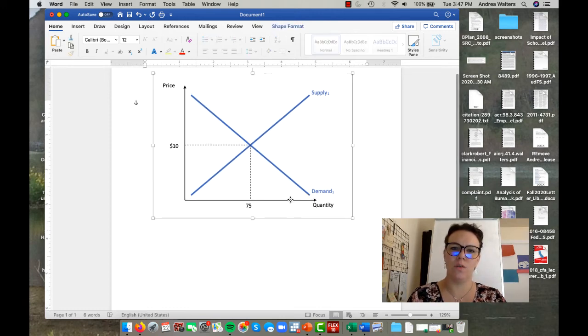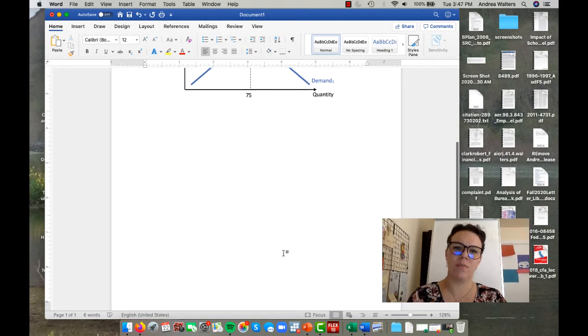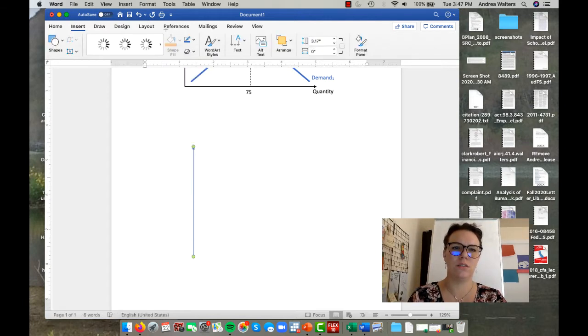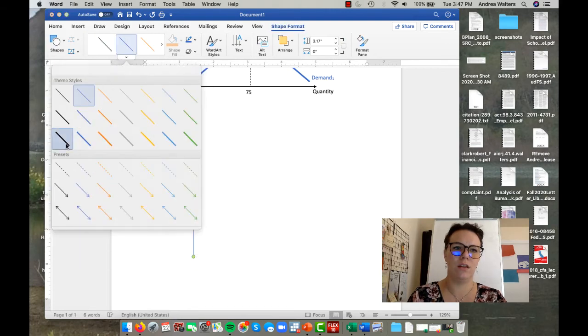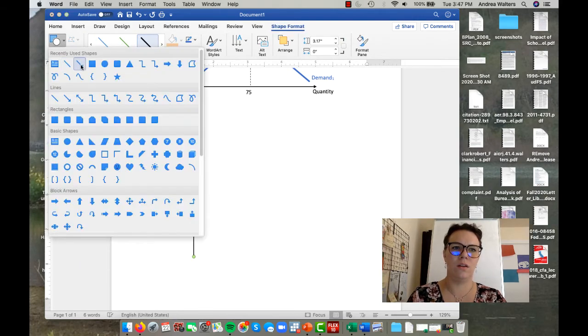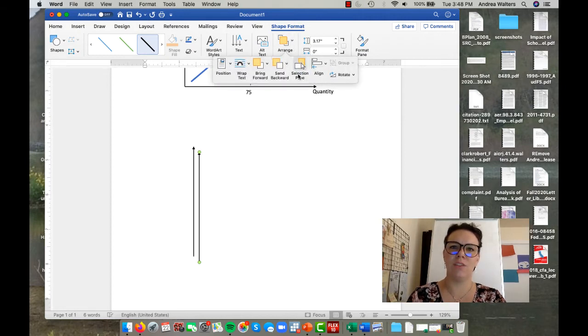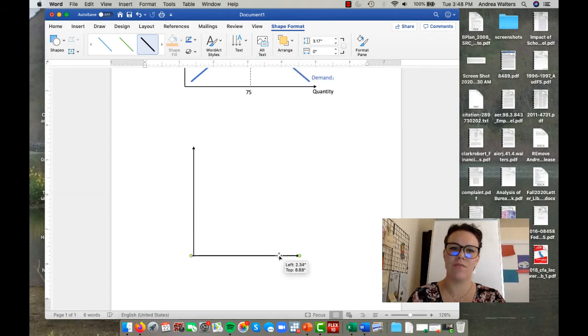You can also do the same thing to generate a production possibilities frontier. So let's say I want to do a PPF. Just pull up my two axes. Another way to do it, actually I'll show you, is you can copy and paste that axis and then go here to arrange, and there's the option to rotate that. So I can rotate it 90 degrees, and now I have the same line duplicated,